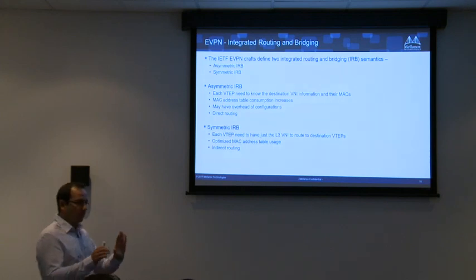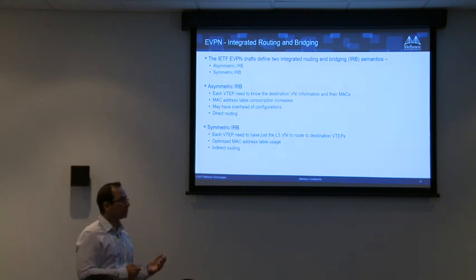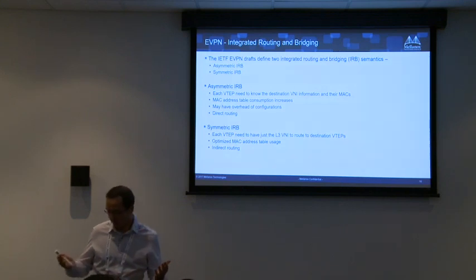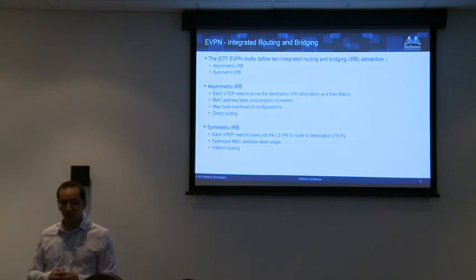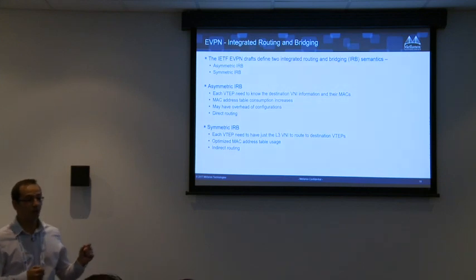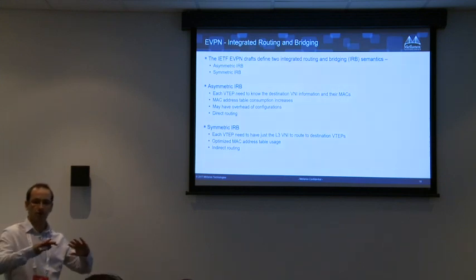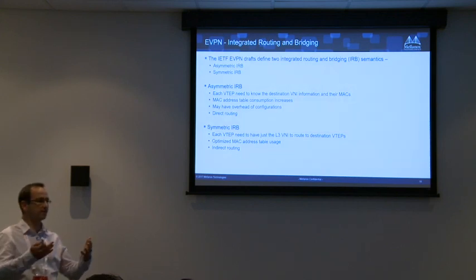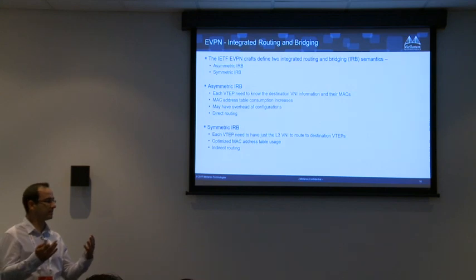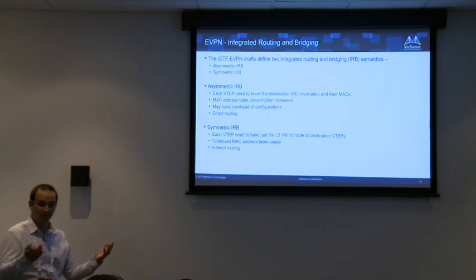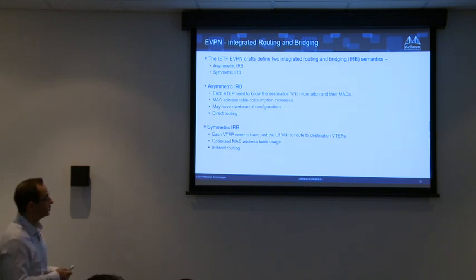Till now, we talked about the layer 2 aspect, and there is also layer 3. Now we're trying to make things complex. This is how the world works. In a couple of slides, we're going to talk about how to do routing on a VXLAN. Think about it: we have another layer, which is routing, but we want to do layer 2. So we created VXLAN as an overlay, and now someone came and said, I need to do another routing on top of this layer 2. This is how it works, and we need to find a solution.